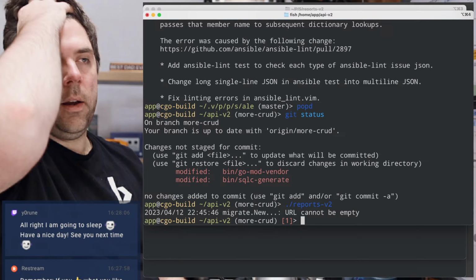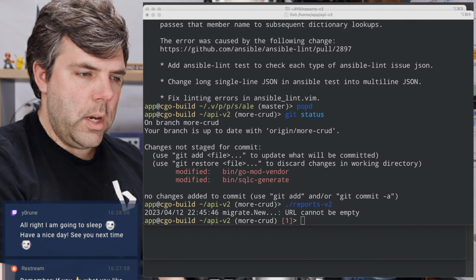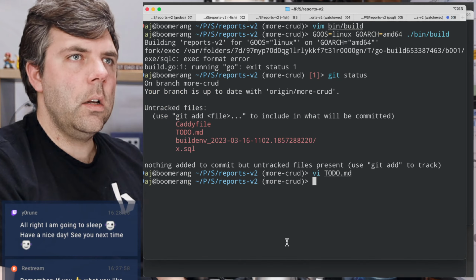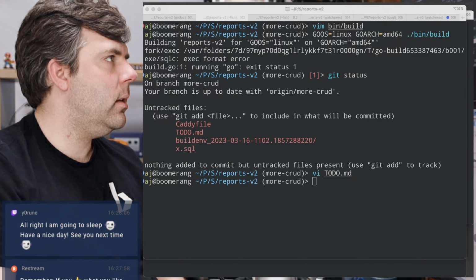URL cannot be empty. Okay, so I'm going to double check here locally what I have in my file.